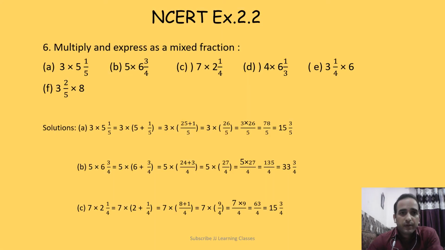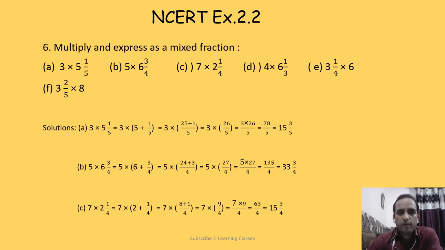Now we have question number 6. Multiply and express as a mixed fraction. So you need to first multiply the given values: 3 times 5 1/5. So first we will convert the mixed fraction into an improper fraction. So it becomes 5 plus 1/5, 5 as a whole and 1/5 as a proper fraction. So it becomes 3 times